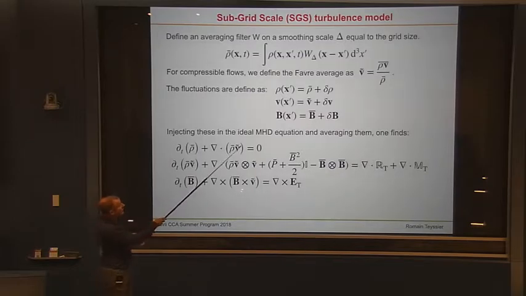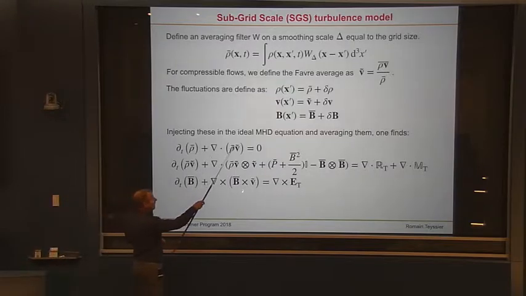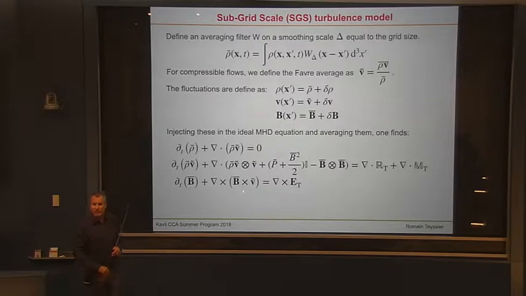Yeah, it's actually absorbed by the tilde. So if you use the tilde, then it stays like that. That's why we use this Favre averaging. If you don't use it, if you use a bar, then you have an additional term, which is mass diffusion. Yeah. So it's really a way to simplify the math.